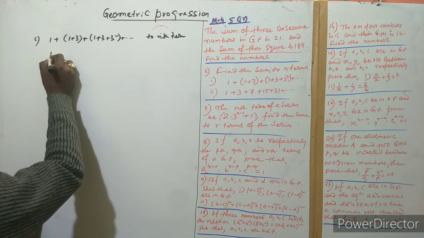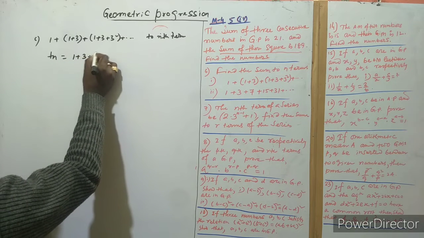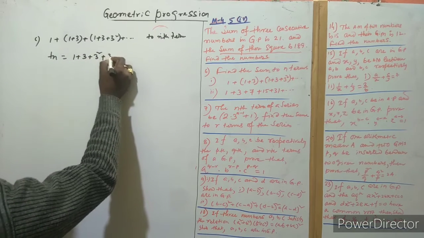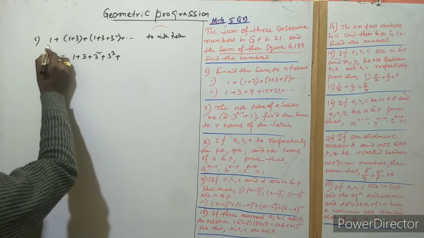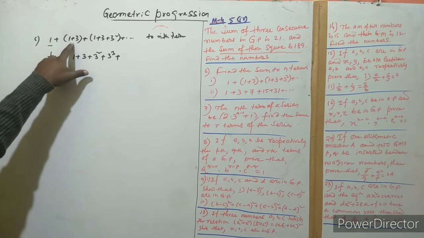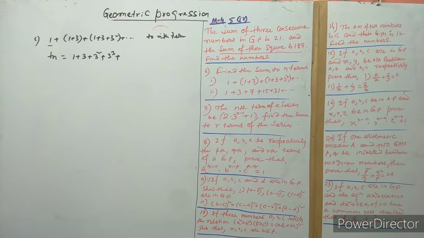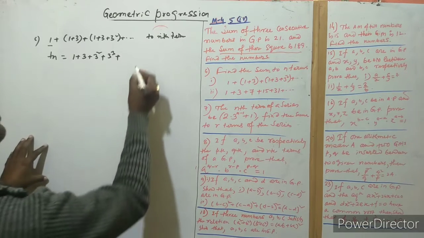Now find the nth term. This is Tn. So this would be 1 plus 3 square, 1 plus 3 plus 3 square plus 3 cube. See here, this is the first term, so here only a single term occurs. This is the second term, so here 2 terms occur, and this is the third term. Now here 3 terms occur. So in the case of the nth term,